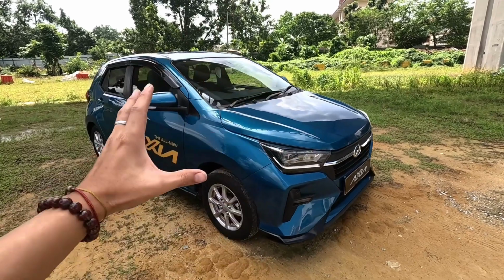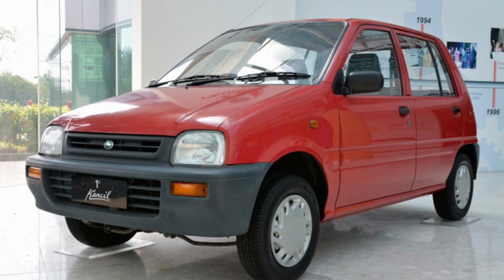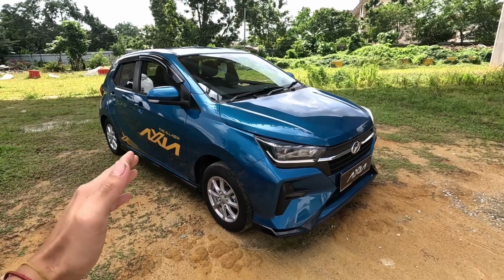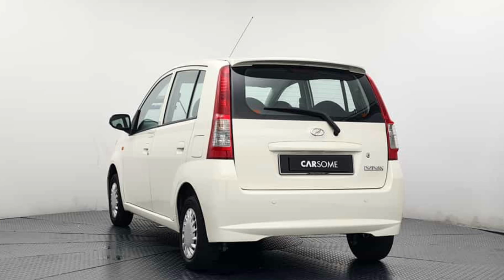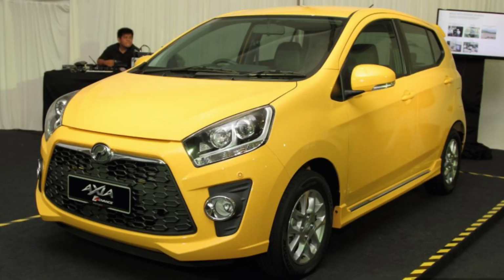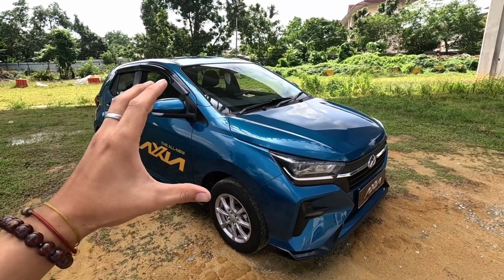Now all the way back in 2001, when Perodua first launched the Kelisa Kancil, it was actually a pretty big deal back then. It's also quite successful because of how affordable it was. And then 6 years later, in 2007, it got replaced by the Perodua Viva, which did very well as well. In 2014, they first launched the Perodua Axia to the Malaysian market and everyone loved it. It became so successful that it was the second best-selling car after our king, which is